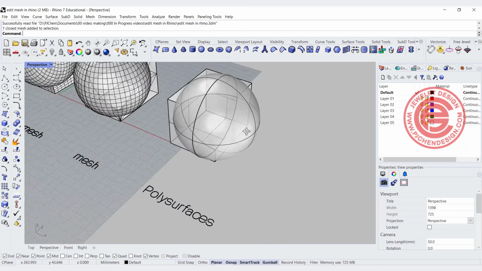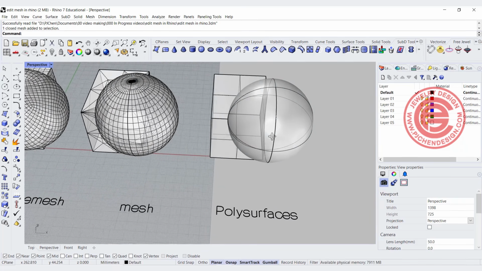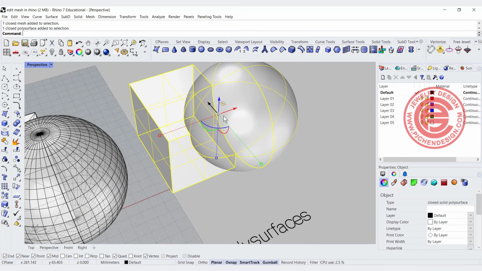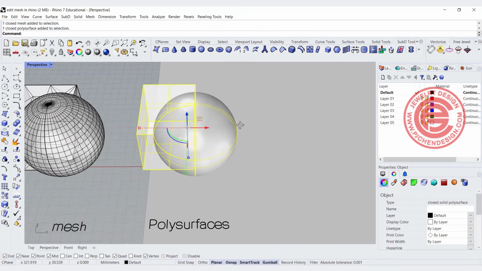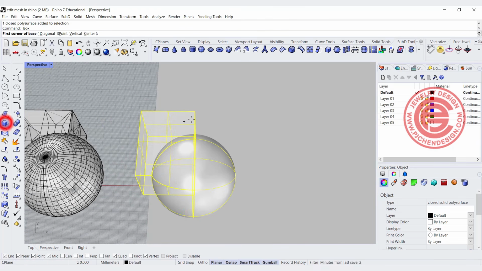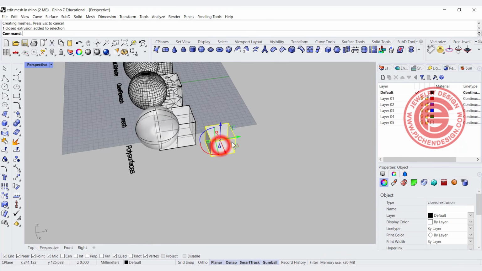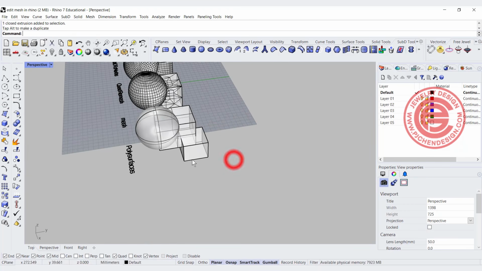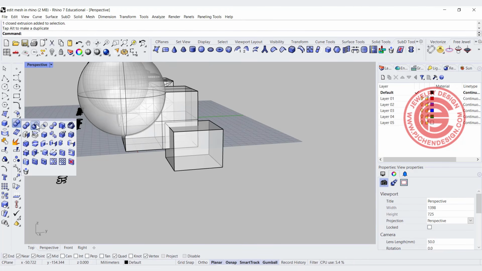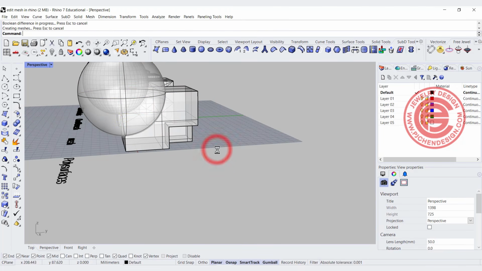Any of the Rhino surfaces that we have here is called a polysurface, and it is constructed by multiple surfaces together. You can do a lot of editing with this. You can still do a Boolean union. For example, if I want to continue to edit this one, as long as they intersect together, I can still edit them. And let's say I want to do a Boolean difference, this one out of this one,